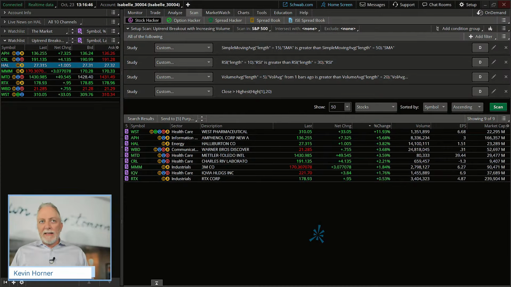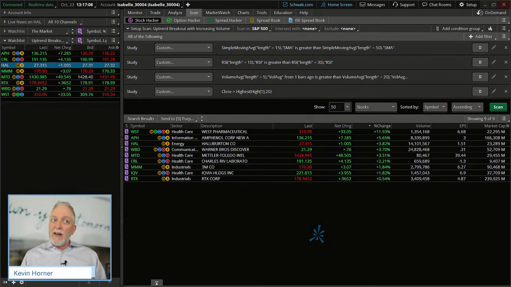What this simply means is we're looking for stocks that are in an uptrend, have pulled back to an area of support, and are now moving off of that support and starting to reassert their uptrend. Again, I'm leaning into bullish examples here, but that does not mean you can't flip these around pretty easily with just a few tweaks on your own.